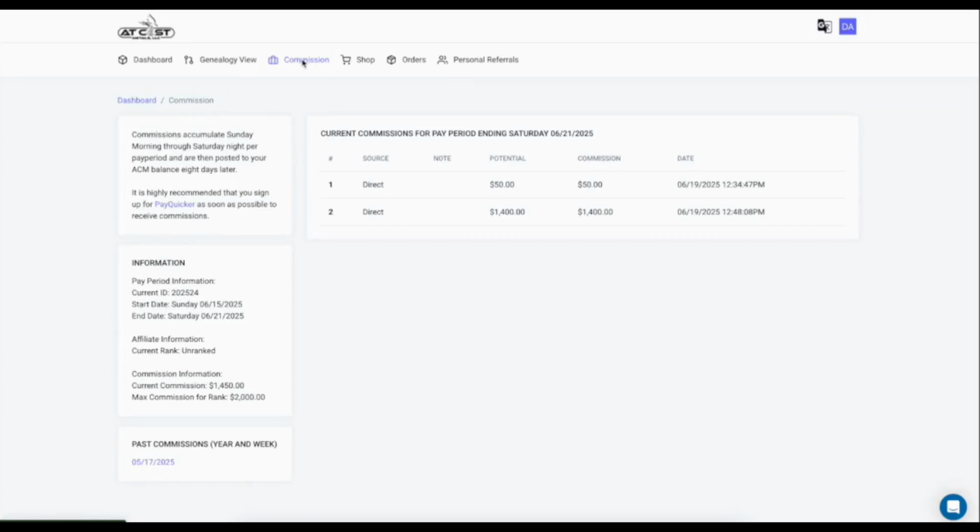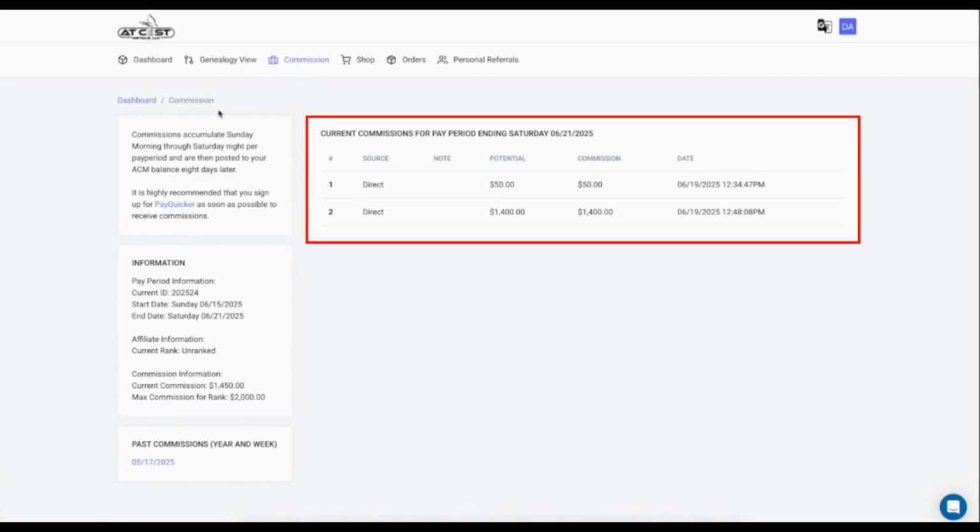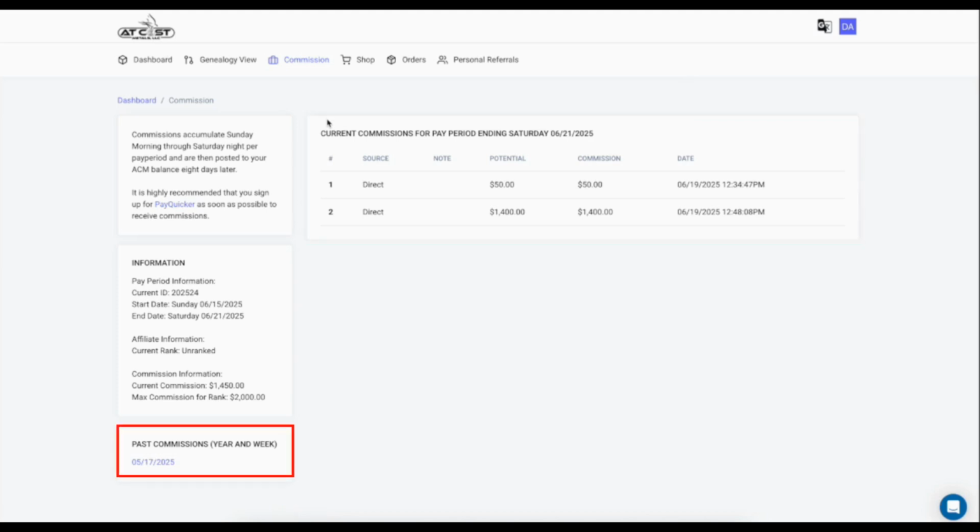In this page, you can find information regarding your commissions. You can find general information here in this section. In this section, you will find the current commissions that are accruing if you have any. It will show the source of commission, notes if any, potential commission, the actual commission, and the date the commission occurred. To find out specifics on past commission, you will need to go to the past commissions area and click